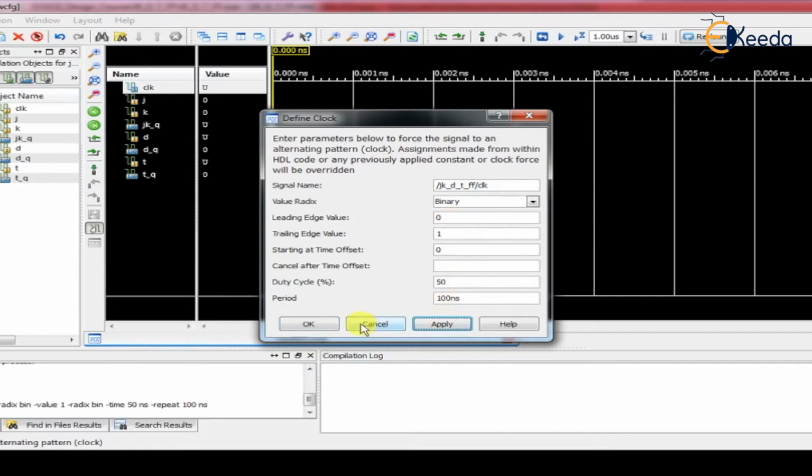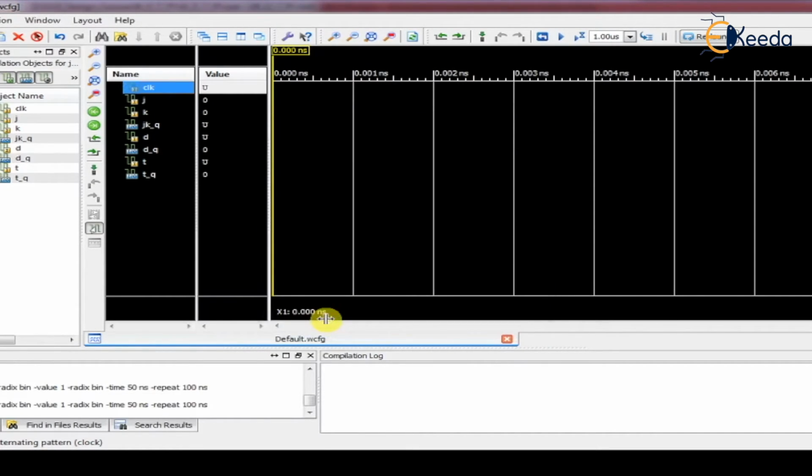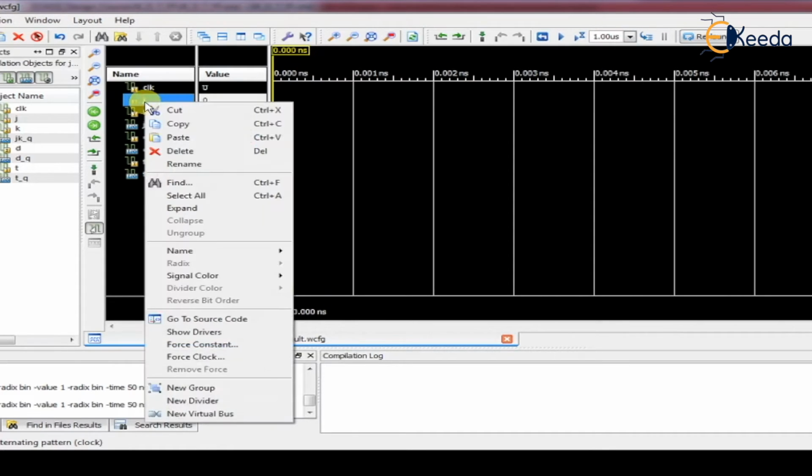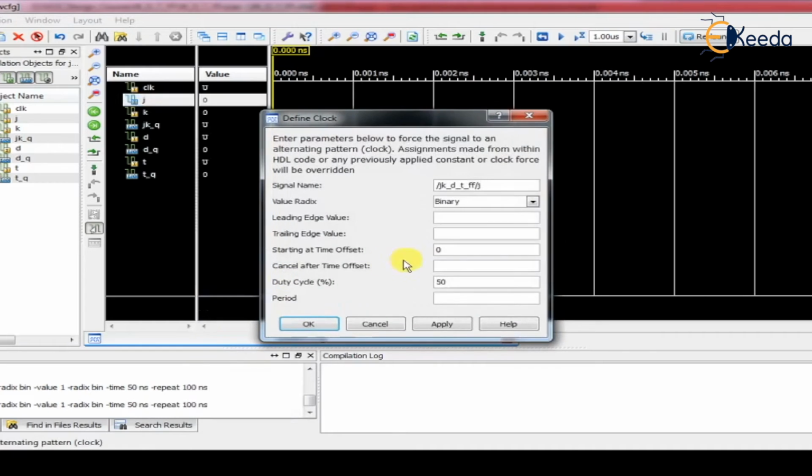Apply. Now to assign the J and K values, we'll generate different combinations of JK, like 00, 01, 10. So we are assigning some random values. To create that random number, instead of assigning a constant, I'm assigning a clock but with different combinations.